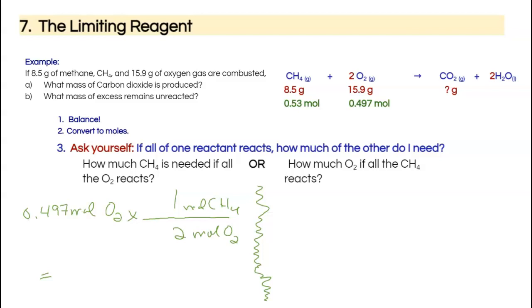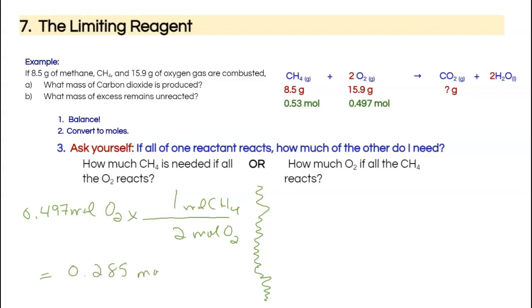Mentally, I can look at that and see why that makes sense: I need half as much methane as I do oxygen. But let's go through the calculations so that we have a system when the numbers aren't as obvious or friendly. So 0.497 times 1 divided by 2, half as much, to 3 significant digits is going to give me